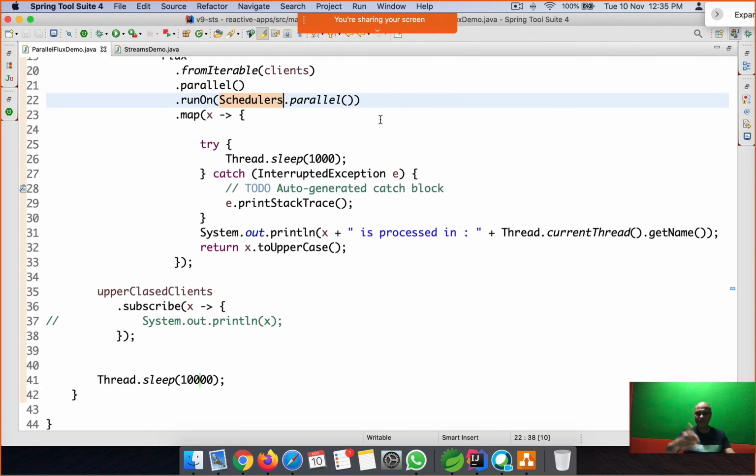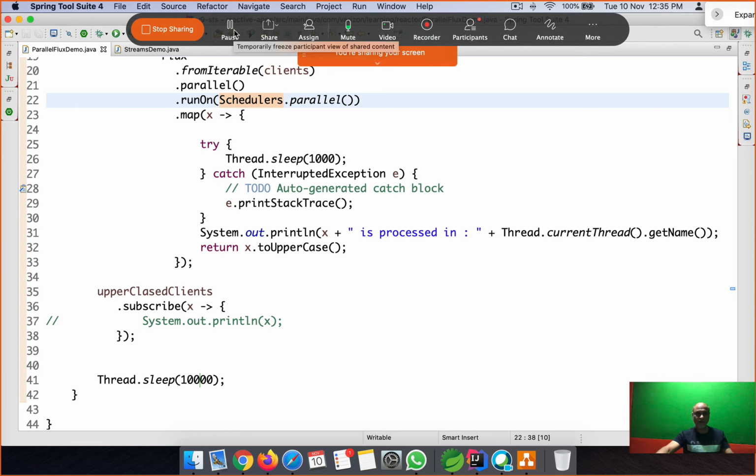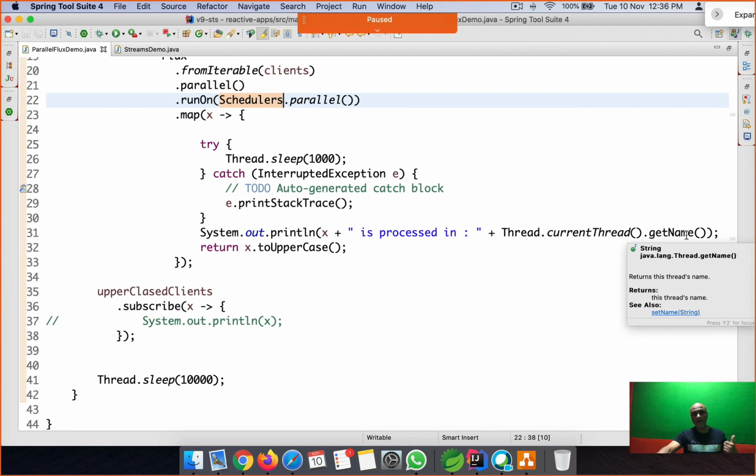It's not that you have a choice here. You must specify. As Vasant said, they should have given a compilation or some kind of runtime error. No, it does not. That's how they built the APIs. But here, .run Schedulers.parallel is mandatory for you to specify. Otherwise, it does not really execute anything in parallel, at least in this piece of code. There are other ways also: there is something called publishOn, there is something called subscribeOn. If time permits, we will definitely get onto that also. That's exactly how it is. This completes our discussion on parallelism with respect